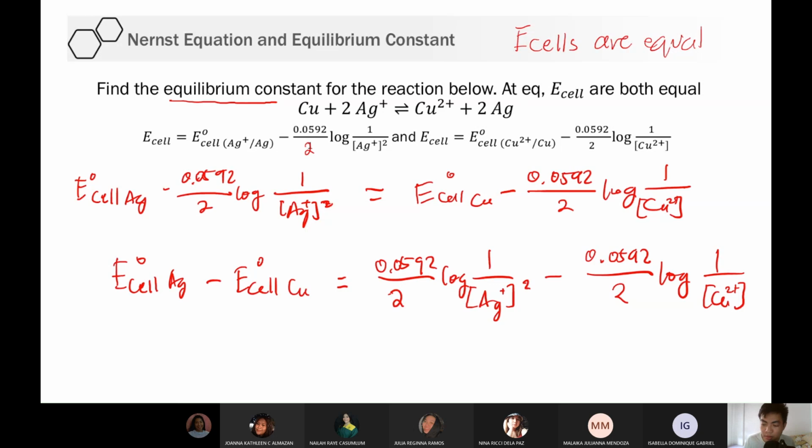Okay? So, pinaglipat ko na yung E cell and this log. Iko-combine ko yung log. Okay? So, I will combine the logarithms. Paano ko i-combine yan? Kailangan same muna sila ng sign. So, ito positive. Ito magiging positive dapat. How? Paano ginagawa itong positive? If you take the reciprocal of this log, babaliktad yung sign nito. Property of logarithm yan. No?